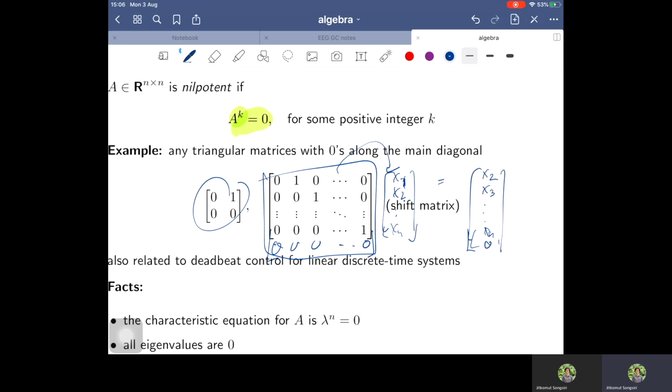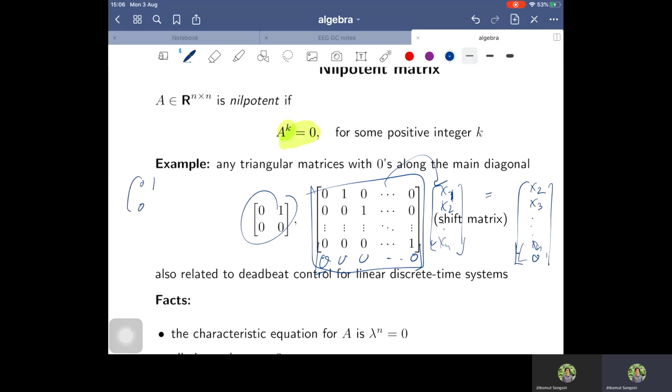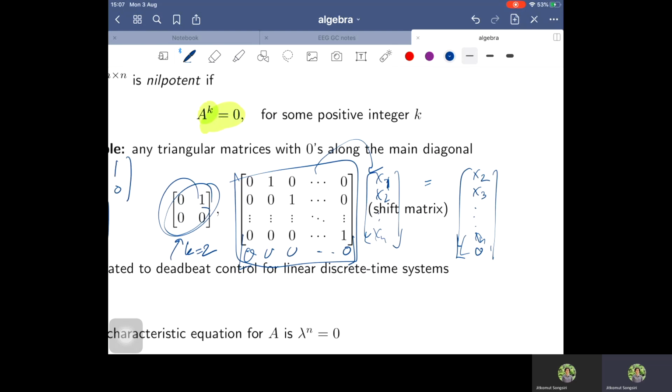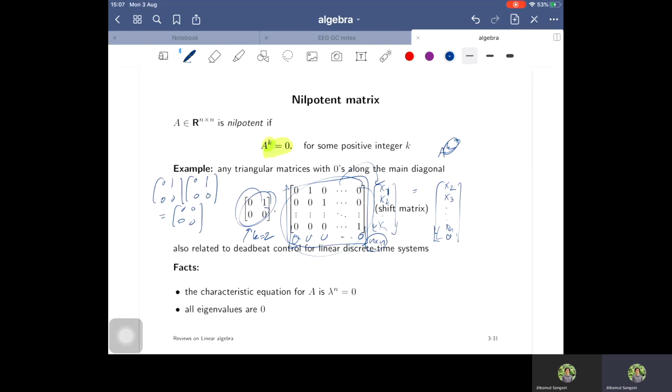Okay, for example, take the matrix 0, 1, 0, 0. If you compute the square of this matrix, you get 0, 0. In this case, A is nilpotent, where k is just 2. You can try with the shift matrix. If this matrix is n by n, how many times do you need to compute the power of A to the k, what is k, until A to the k is 0? Nilpotent matrix